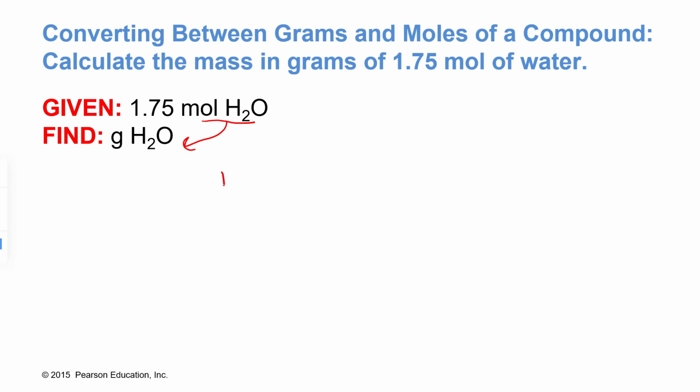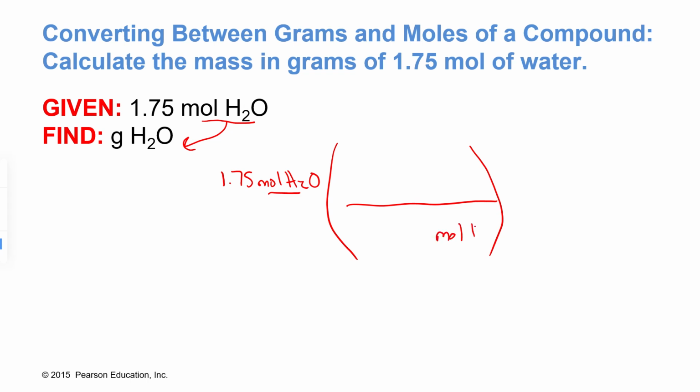So we have 1.75 moles of H2O, and we want to convert this to grams of H2O. So moles is on the top, moles goes on the bottom. We're converting to grams of water. 1 mole is equal to the mass from the periodic table. Well, we have to calculate this because now it's a molecule. So to calculate the mass,